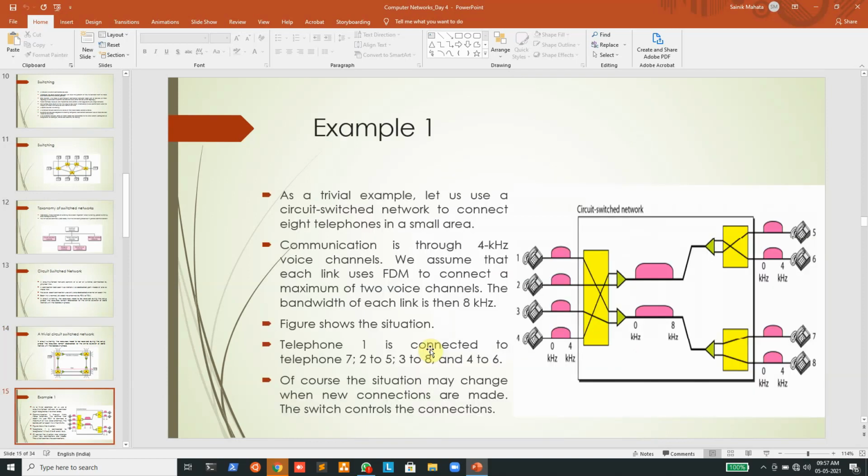Okay. So again, let us take an example: use a circuit switching network to connect 8 telephones in a small area. You can see that telephone 1 is connected to telephone 7. So how do we do this? If I take telephone 1, I can see that the channel